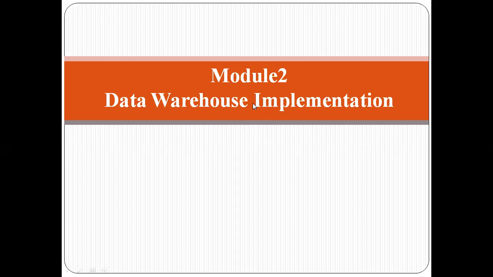Now coming to the second module. In the second module, again, we have two chapters. In the first chapter, we will be studying data warehouse implementation. And in the second chapter, the actual data mining concepts will start. In the first chapter we have only 3 to 4 topics, and again only two topics are very important from the exam point of view. I'll tell you which topics those are later. In the first chapter, we will study in brief how exactly we can implement a data warehouse, that is, how exactly we can access the data which is stored in a data warehouse.